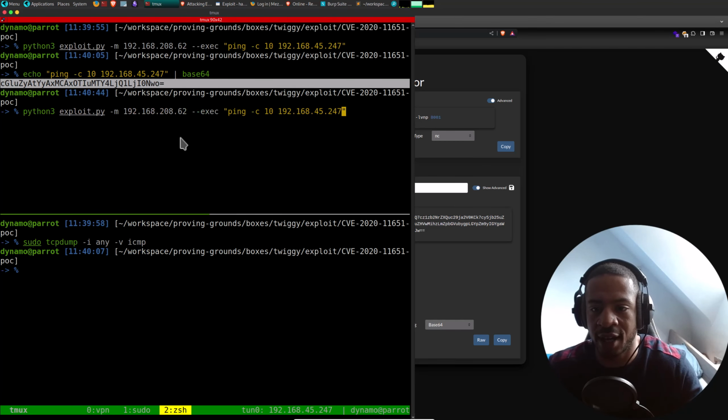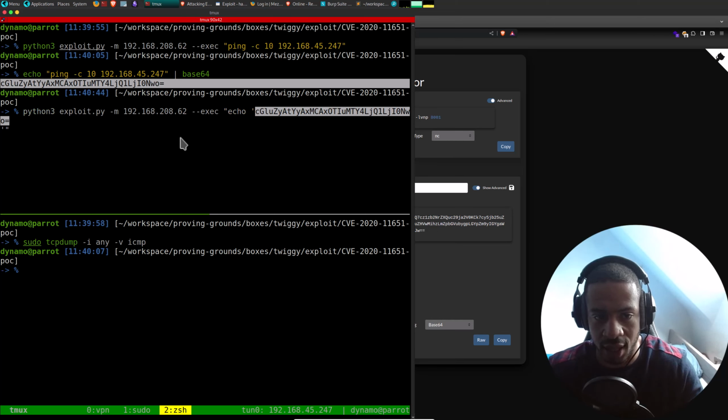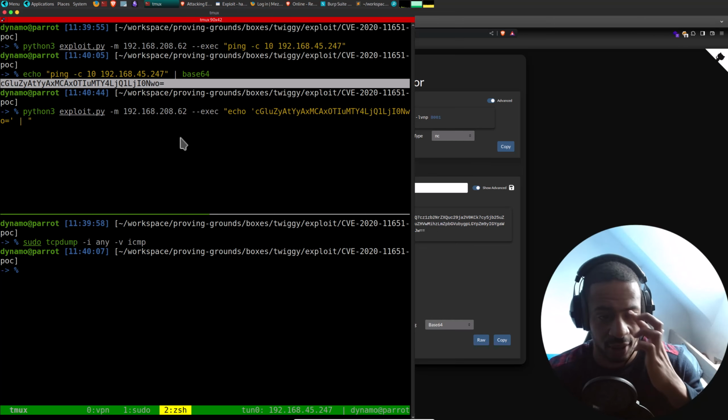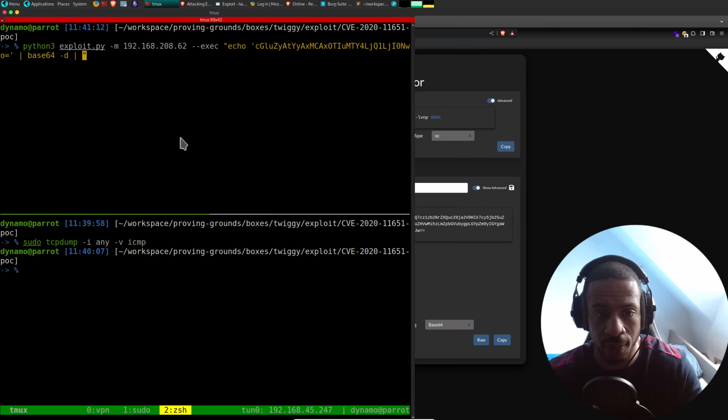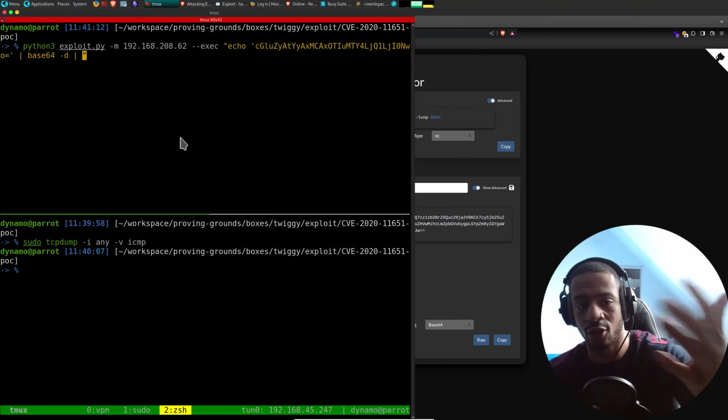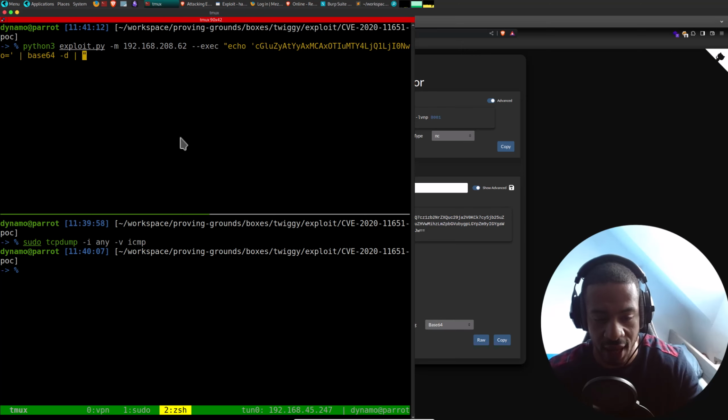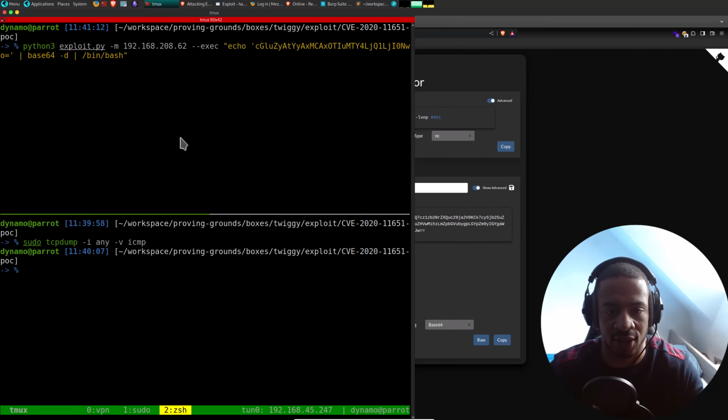Okay, so I'm going to use this and try and put this in here. So I'm gonna do echo like that, and then pipe that inside of here and base 64 decode it like so, and then pipe this, because it's then again the normal ping command, then do bin bash, because usually on any victim system bash is installed.